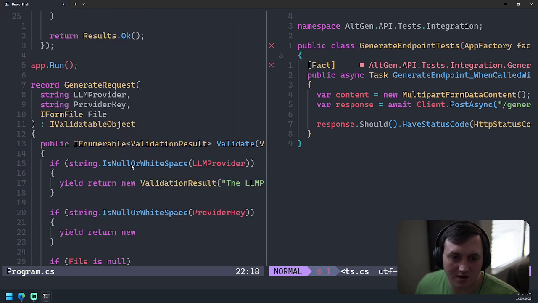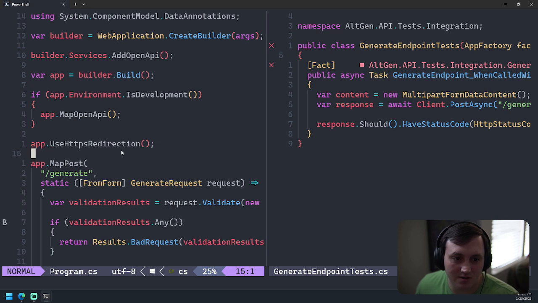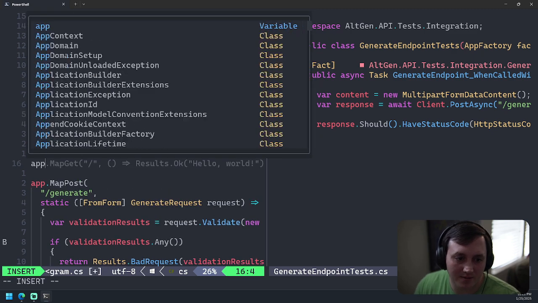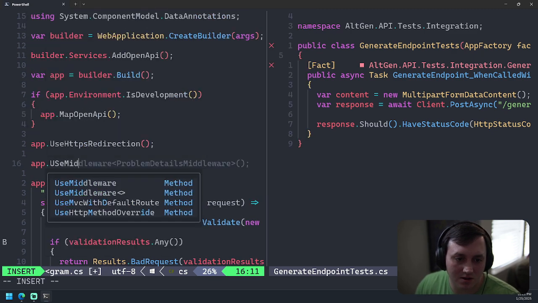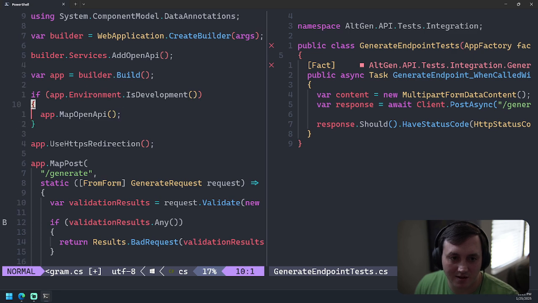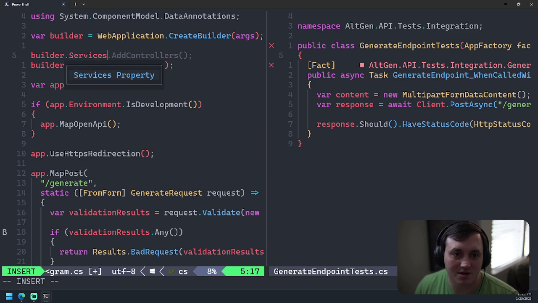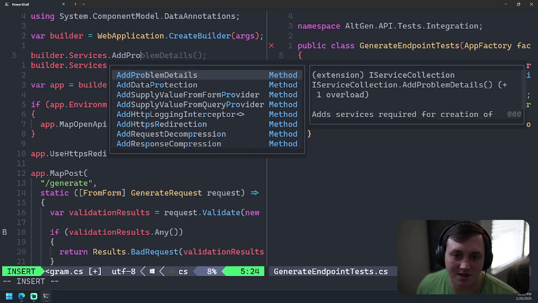So this is where we should add some middleware. First of all, we need to add a couple of services here. We need to add builder.Services.AddProblemDetails.